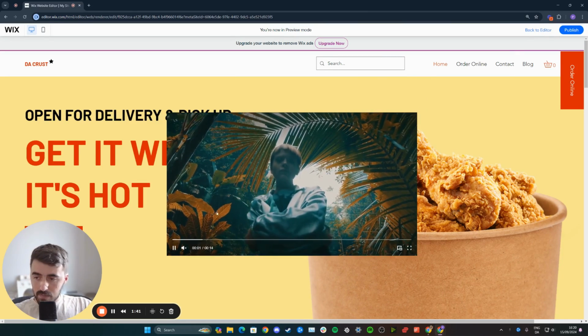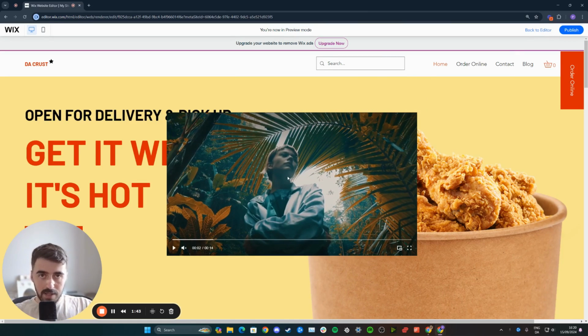And yeah, as you can see, that's what it looks like. It automatically pops up and it automatically plays. And yeah, that's pretty much it. That's how to add a video